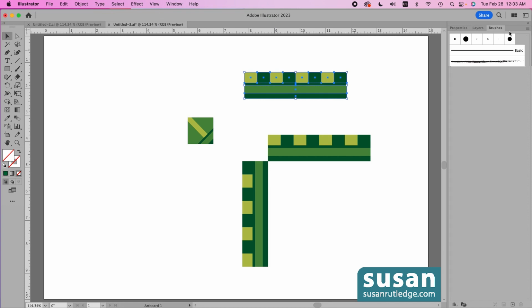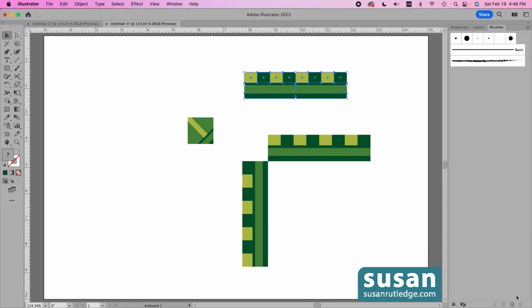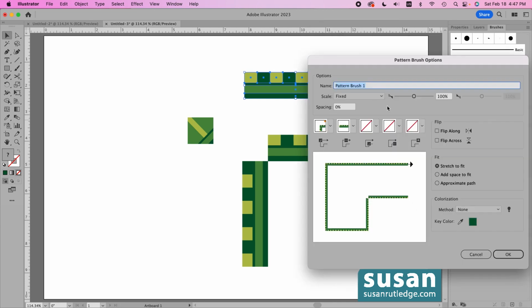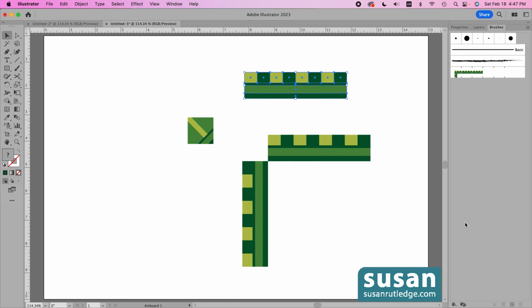Now I'll go over to the bottom bar of the Brushes panel and click on the New Brush icon, and I'll choose Pattern Brush and say OK, and I'll change the name. Let's type in Green Brush and say OK, because I can't add the corner tile until I've created the pattern brush. And now that it's made, I'm going to select the corner tile and I'm going to drag it over